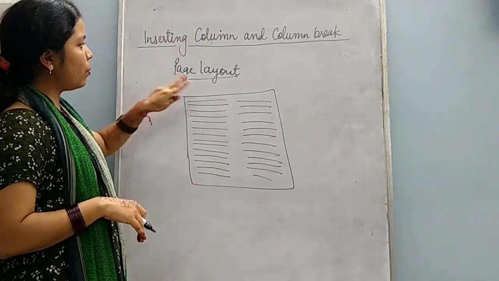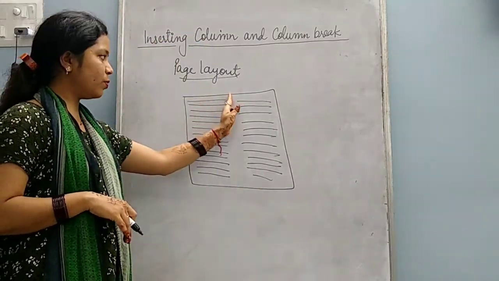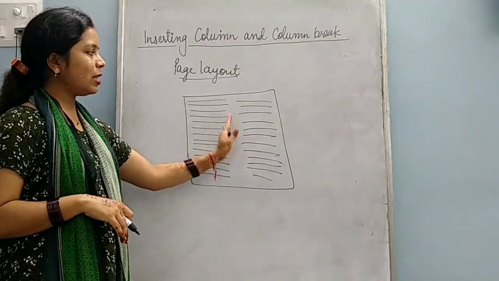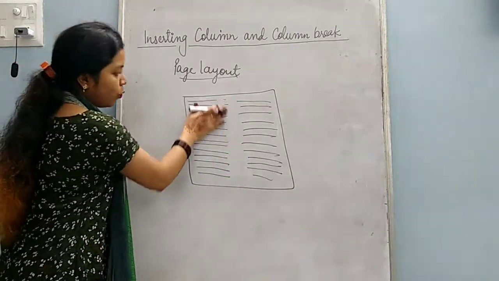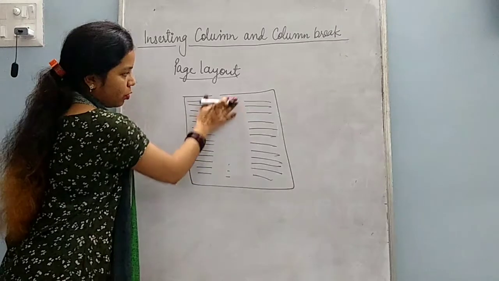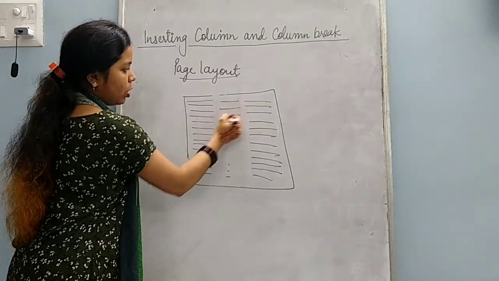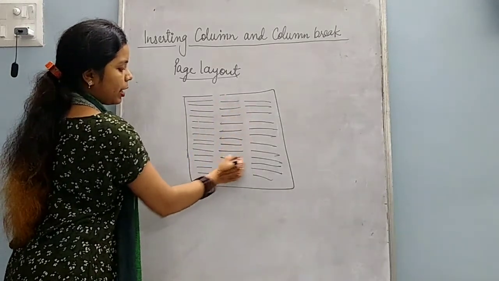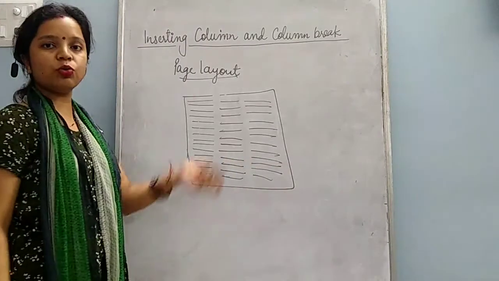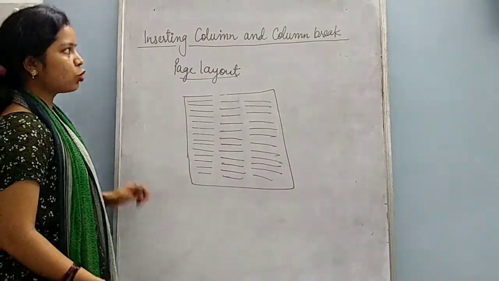You will get this from page layout. You can select, like I have shown you, 2. If you select 3, then it will do your work in 3 columns like this. This will be first and one more column, 3 columns. It will write like this. It will create 3 columns if you choose 3. So this is known as column.